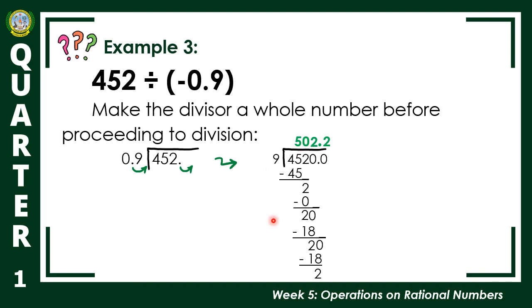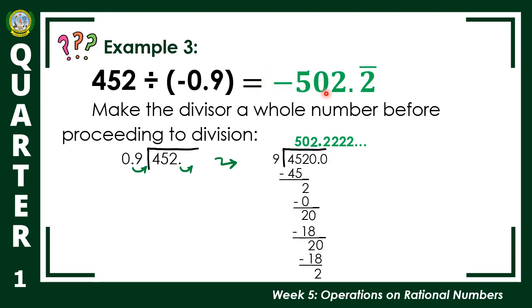And then, 2 times 9 is 18 ulit. So, in short, paulit-ulit na lang po yung mga susunod na process. So, ang makukuha natin dito is a continuous 2. Ano po? So, this is a repeating decimal. In this case, pwede na po nating isulat yung final answer natin as